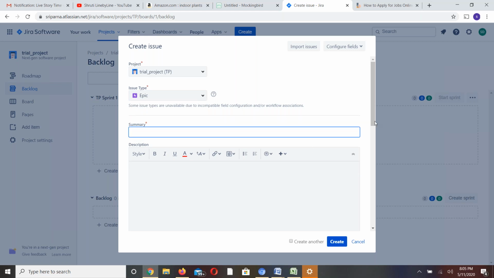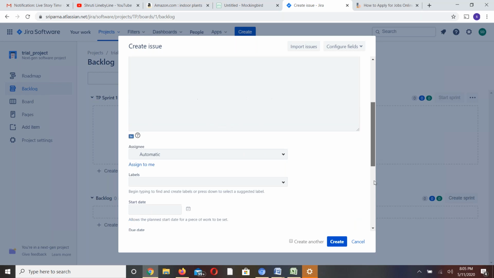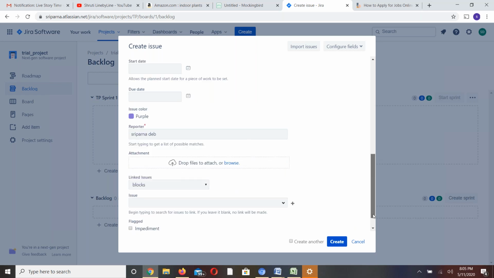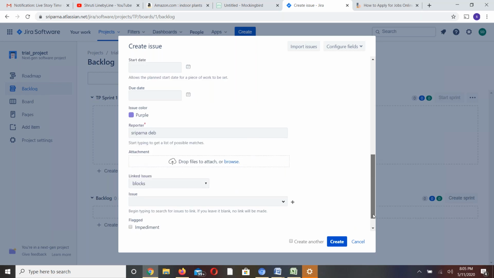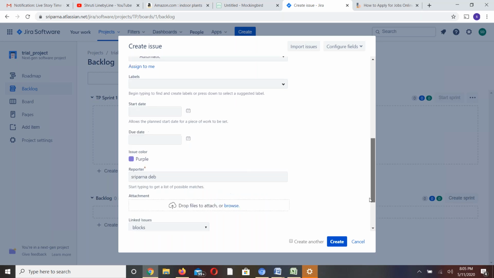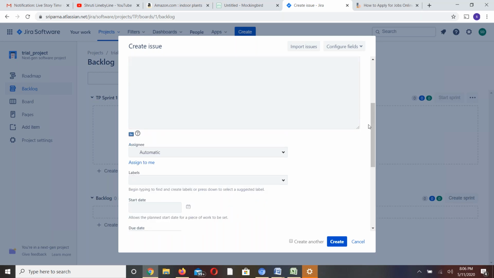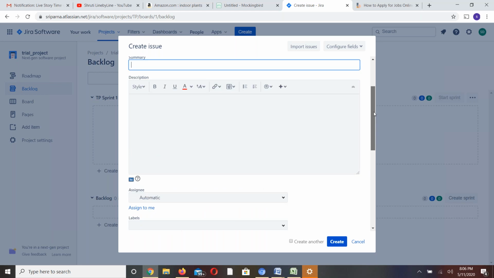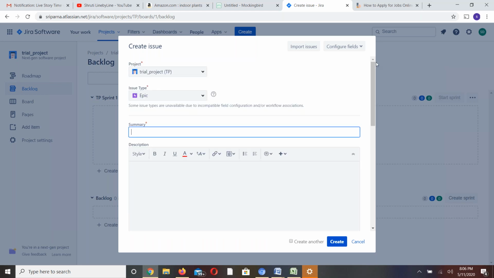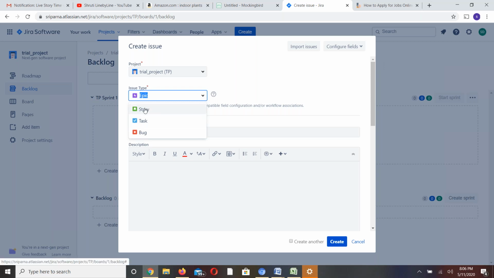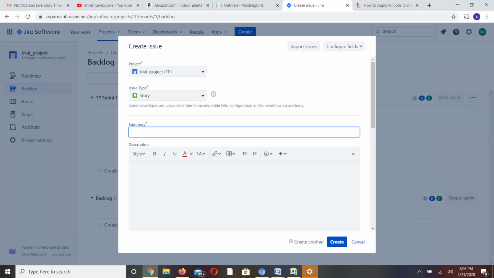Based on the epic, you have these attributes, and this is not the complete list at least. You can configure the fields, or you can import from some other system, but these are all the major fields that you have. If I want to create a story, I'll pick up the story here. Summary of the story is, so user should be